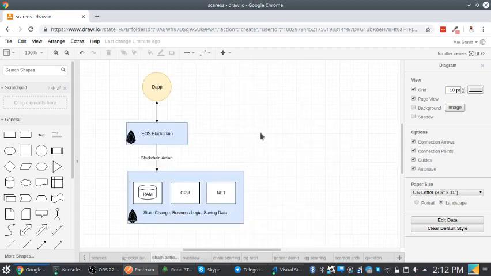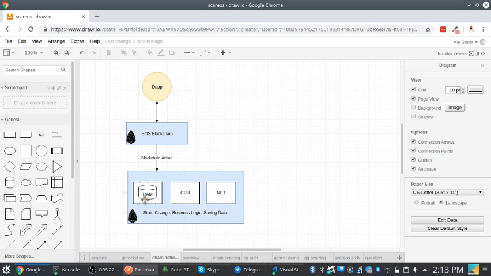All right, so this is the typical way that EOS actions will operate. There's a dApp, of course, that's submitting transactions to the blockchain. Then within the blockchain action, the smart contract is going to be performing all of the business logic, state changes, and saving data to the blockchain, and all of these things use resources.